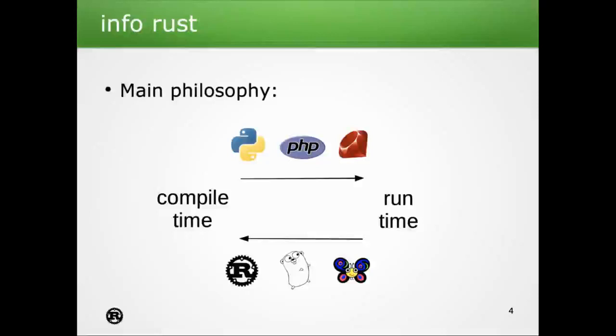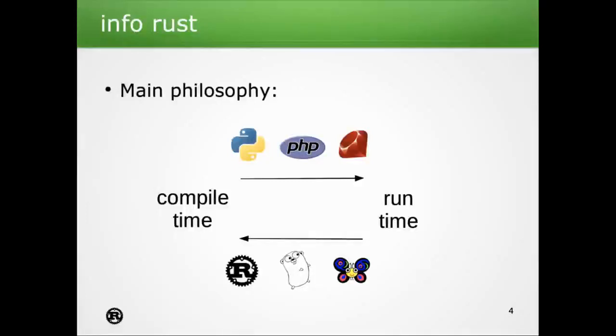At runtime, for example, you invoke a method on a class that is not defined. You will get an exception right then, but the thing is basically you will only encounter this at runtime and not before. In contrast to this, you have a second class of languages, Rust, Golang, and something called